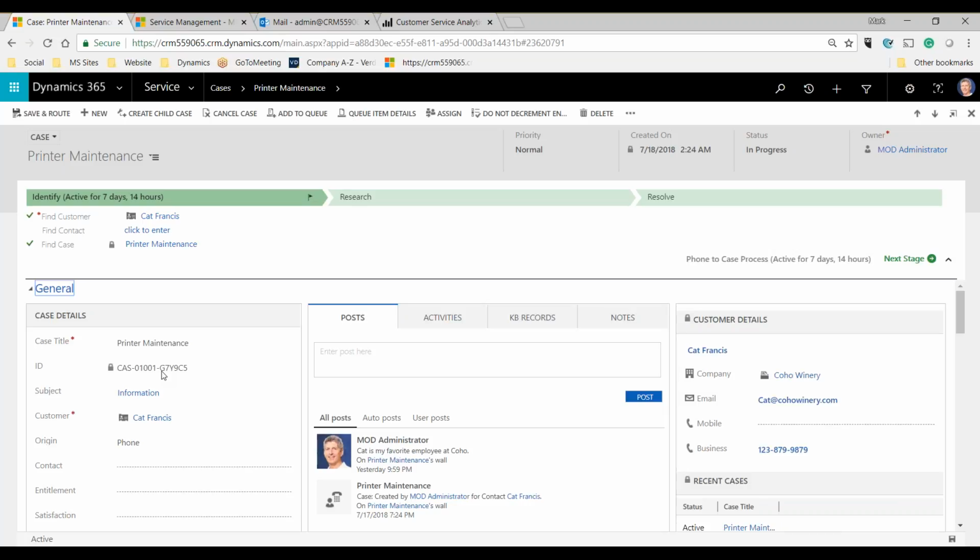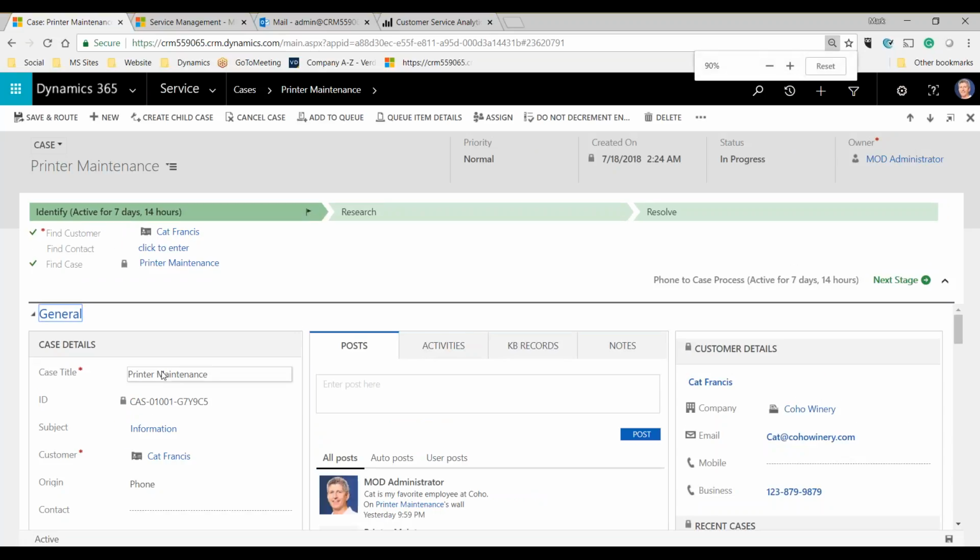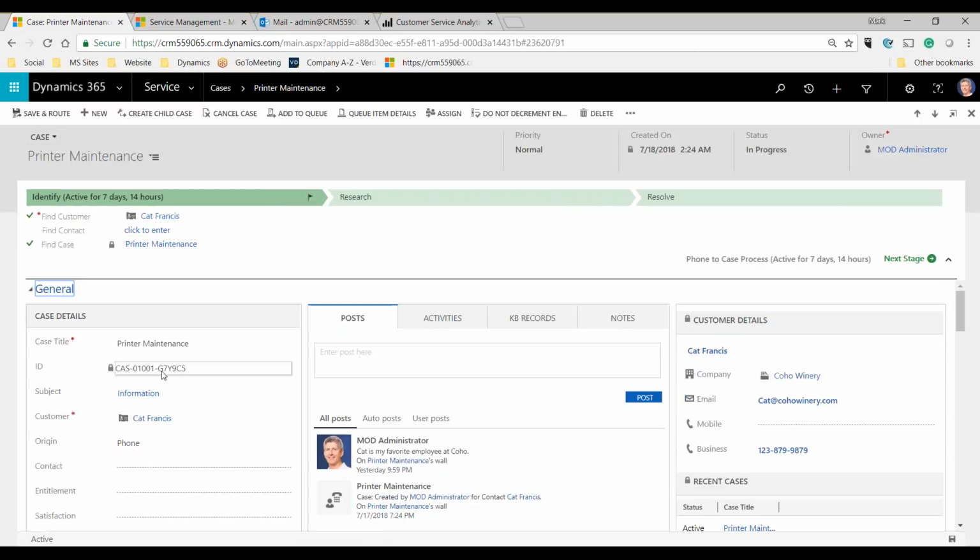She has a problem with her printer, and as an agent, what's my goal? What's my objective? I'm going to zoom out a wee bit so you can see. I'm sorry, a little more here. All right, so my objective as a customer service agent is to quickly surface the information that can help Kat